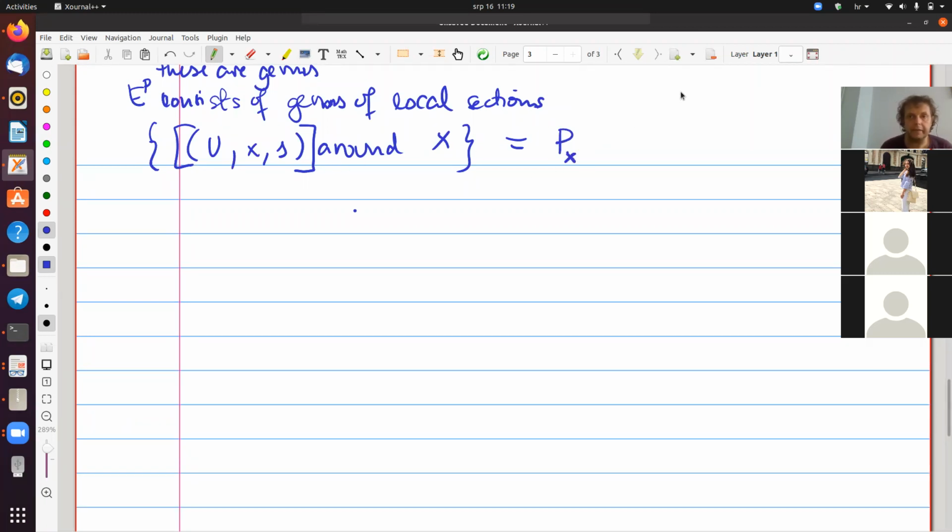And in general, if you have a tau space E over X, then the pre-image of any point X in X will be called a stalk over X, or stalk above X, or stalk at X, stalk of the tau space, or more often they say stalk of the sheaf. So stalk of the sheaf is basically